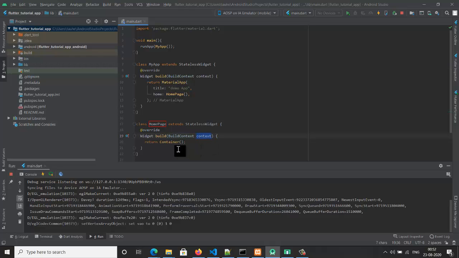What is the context? Basically, whenever Flutter creates the widgets, it follows a widget tree. Whenever this build method is called, it directs Flutter that you have to rebuild this widget, or you have to build this widget.